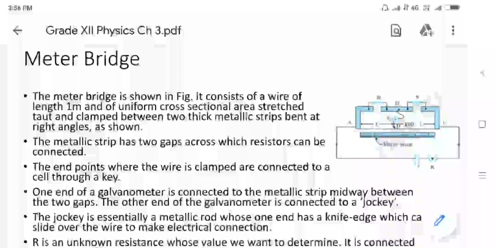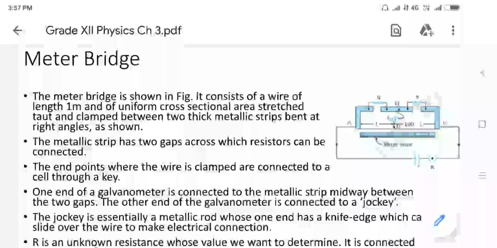Now with that metal wire stretched, we have metallic strips with a clamp at point A. One bent strip is there at point C. Another bent clamp strip is there. With that, another metallic plate is available by keeping some space. So at point B, that metallic plate is available. Now between A to B and B to C, some space is available.